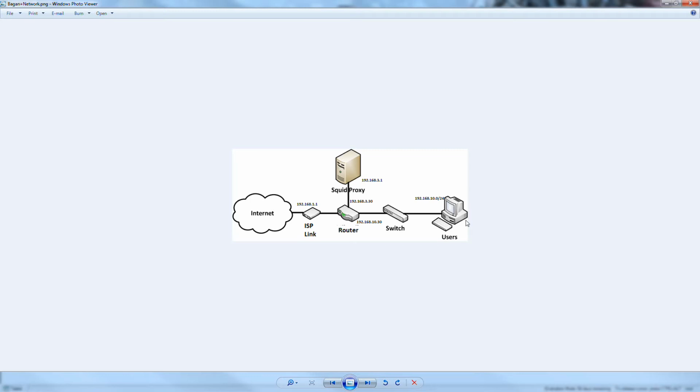So the user in your office connects through the switch, ends up going back to the router. Well, the router sends everything over to the Squid Proxy and then back out and in. So obviously, if it has a cached page, it's going to go through this path, then go right back down. So you can actually configure it so the router will send all requests over to Squid Proxy,